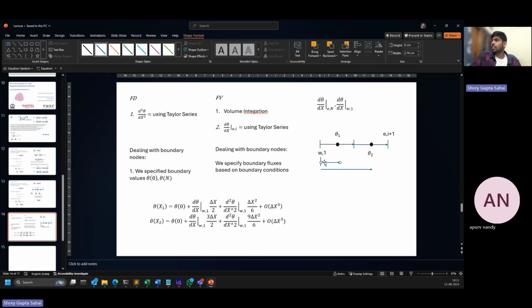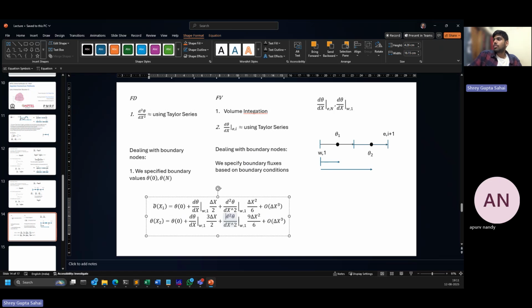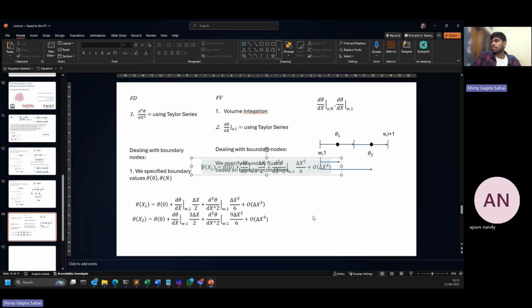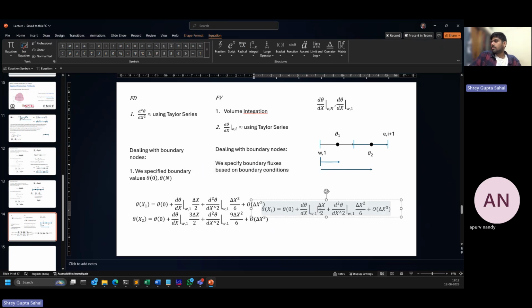We actually need to do this only. This is our best option. This is our best bet. Suppose I would have used this directly. If I would not have gone for a two-step Taylor series and only a single-step Taylor series, then what would have happened? Let's divide everything by delta x by 2. So what you would have gotten is this will be delta x